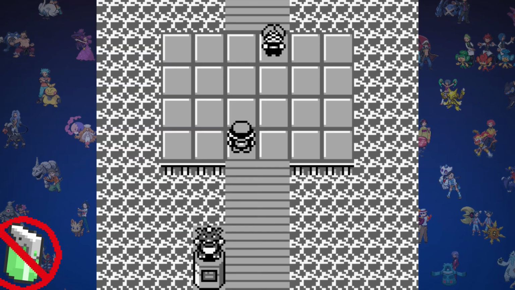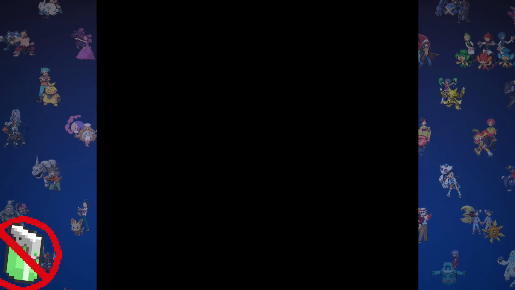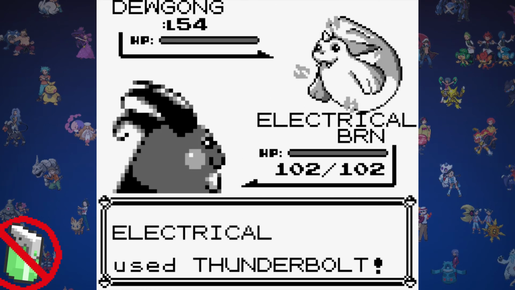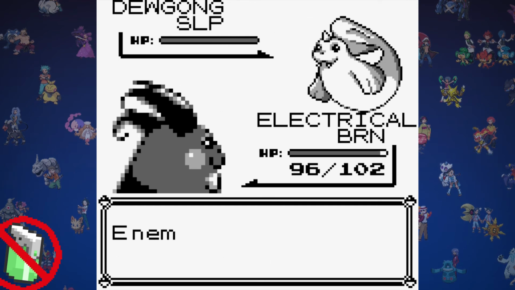And we're there. Let's increase the challenge a little and try something I can't normally do in my solo runs. So, while we can use potions in the Elite Four, we aren't allowed to use revives. Lorelei is our first opponent and will probably be the most difficult, simply because our two super effective Pokemon in